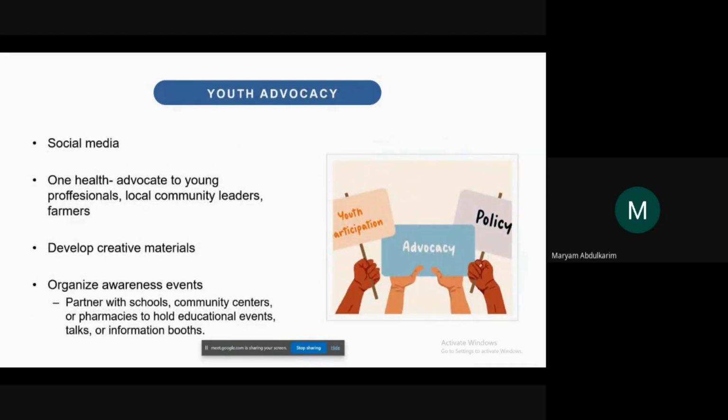Okay, advocacy is such an important tool. I think it's such an important strategy because it helps to facilitate how we can address a lot of these barriers against youth action in AMR. We've established earlier that knowledge and awareness is a barrier, and advocacy addresses this because it gives us the opportunity to utilize different strategies, be it through social media or creative materials like infographics or posters or videos that can really simplify the complex AMR information. And with effective advocacy, we can reach a diverse